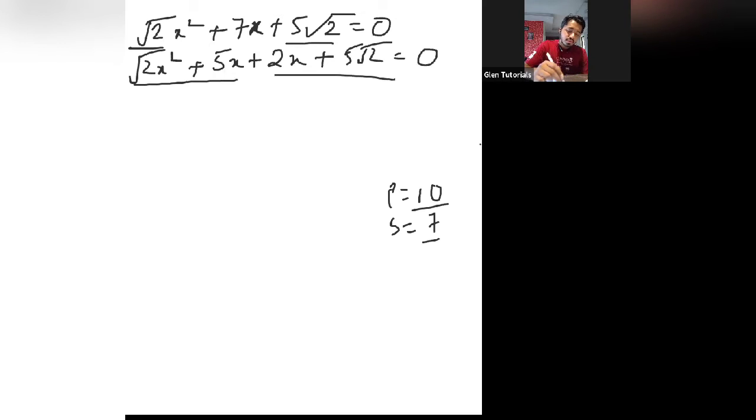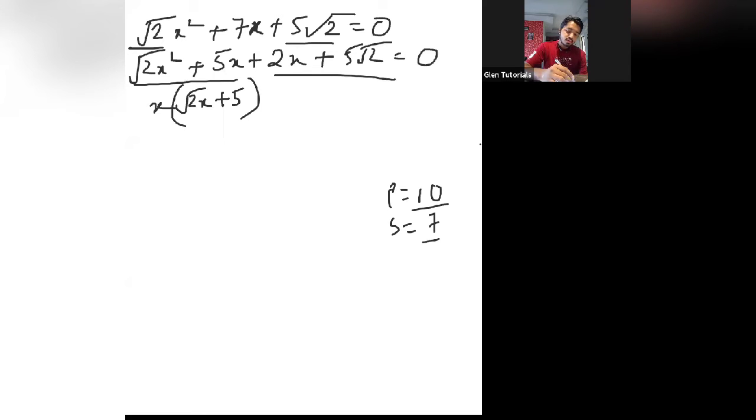Now the main part is taking common in these two. Root 2x square plus 5x. Now what is common in these two? First thing that is common is x. Till here, did everyone understand? Please give me a thumbs up if you understood everything till here. I'm waiting for Robert. Okay. So there is x common in the first and second one. Because root 2, there is no number which goes in 2 and 5 both. So therefore we get x. What is uncommon? Root 2x plus 5.